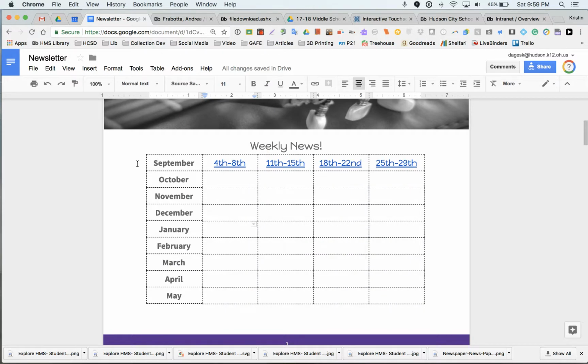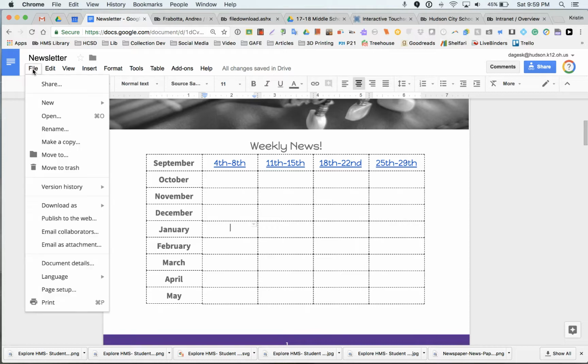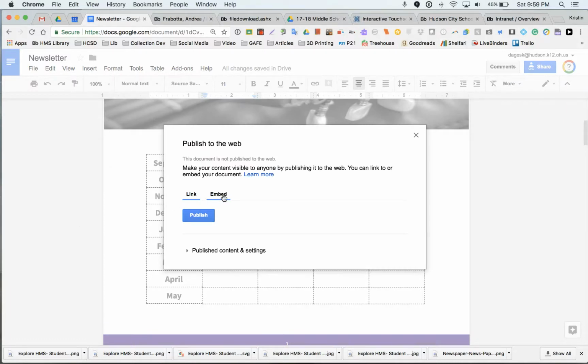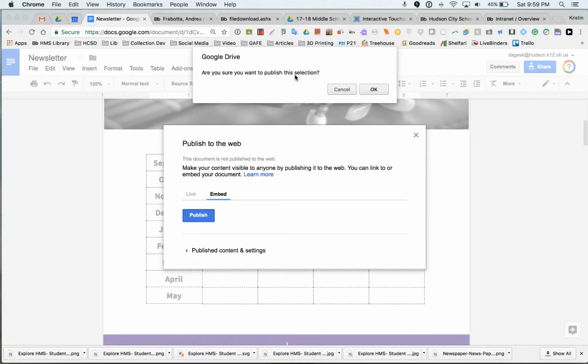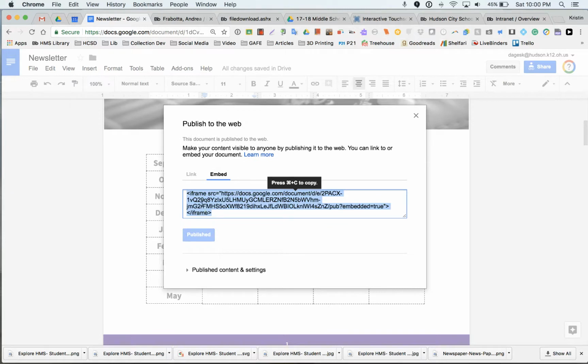And then here's the other piece. You notice, I could get a link on our website, but we want it to actually be embedded so that it looks nice when they go to the page. And we just get a link here. So what we need to do is we actually need to come under File and we need to go to Publish on the Web. This is where we're able to get the embed code. So I'm going to click Publish. It's going to question whether you truly want this to be published on the web. I'm going to click OK. And then by just clicking over to embed, it gives me that embed code. So I'm going to copy it,